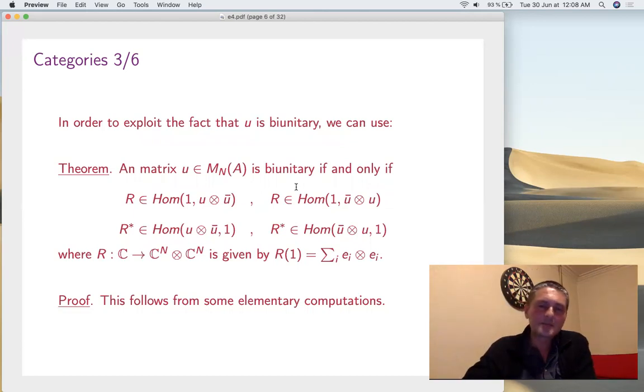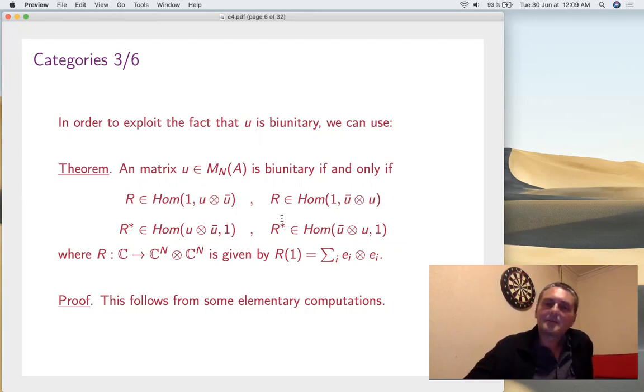And the translation is precisely this. If you take the operator, which is a vector somehow, but you view it as an operator. So you take this vector, the sum of i tensor i, the basic vectors in the tensor product, and R is by definition the operator which maps 1 to this vector, okay? Why this? Because we also want to talk about R star. If you just take a vector, it won't make sense to take the star of a vector. That's why you have to use this R, an operator.